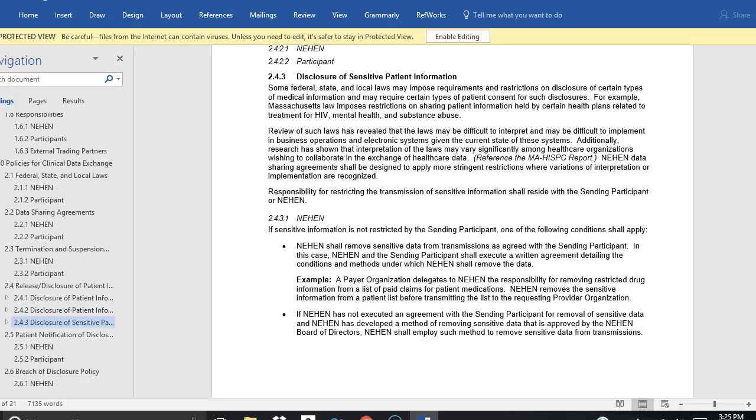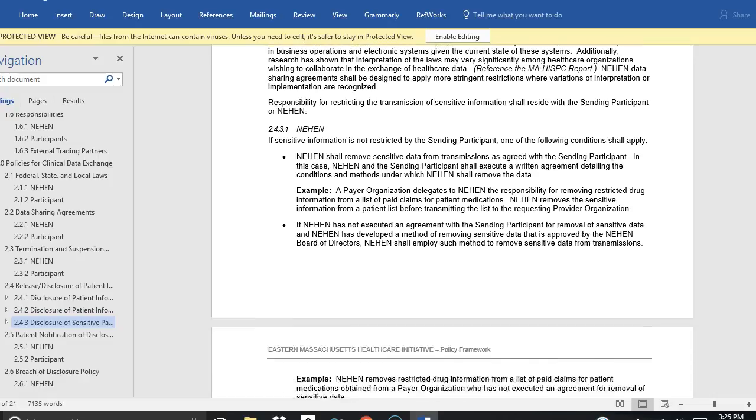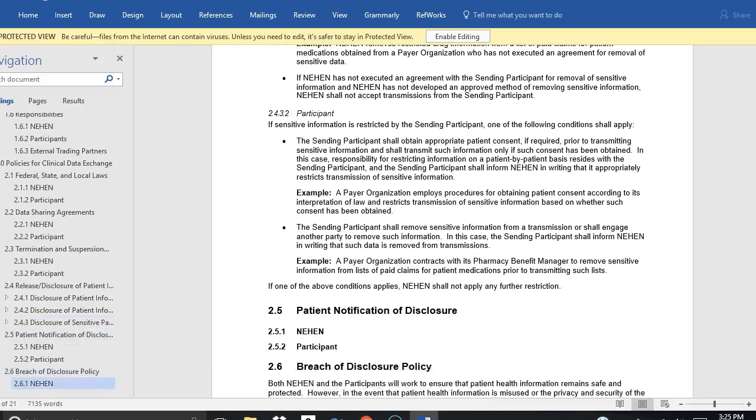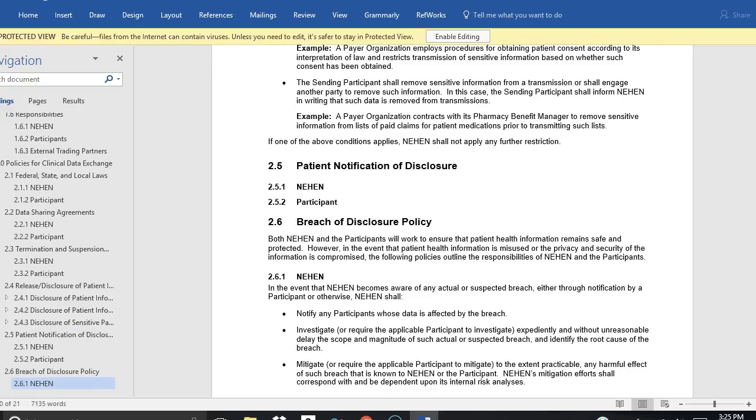Okay, and your reading chapters go over some of that as well, so that'll help you here. And then it'll be patient notification of disclosure. How are you going to notify your patient that you disclose information? That's where I said your policy may say,